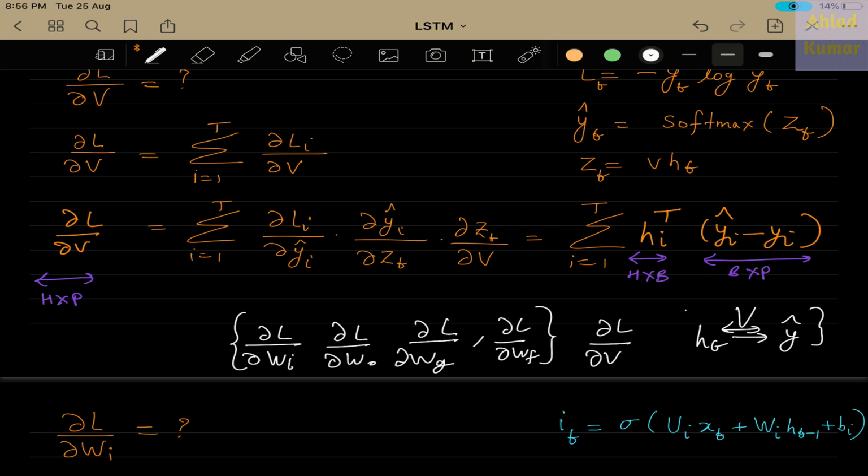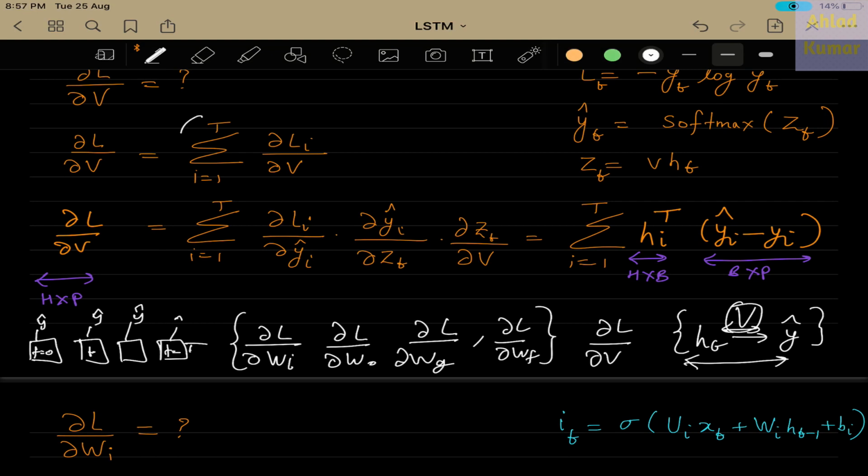You can consult the earlier architecture that we have explained for this. So this V is also there, and you know that there are several Y hats for the different LSTMs that are running from t equal to 0 to t equal to, let us say, capital T. For each of these blocks we will have a Y hat t. So what we have to do is sum all those derivatives, which is why we are using the summation with i running from 1 to T, taking the derivative of the individual losses with respect to the V matrix. This V matrix is the same throughout for all these blocks, which is why there are no indices here.